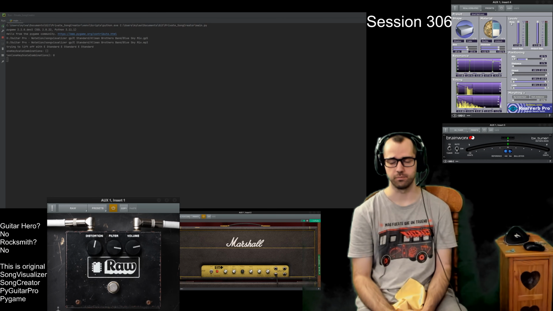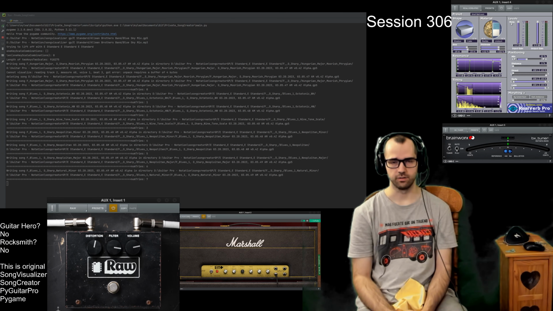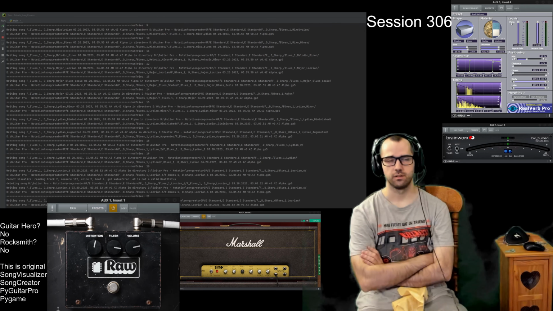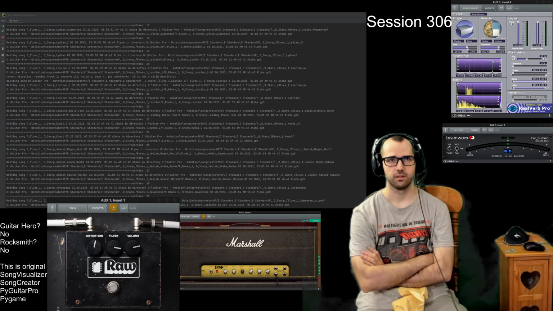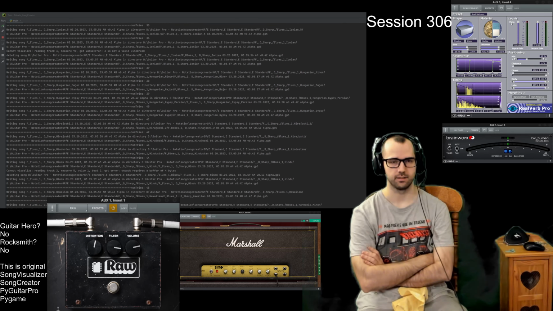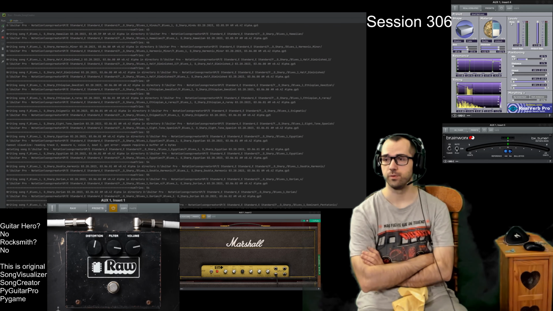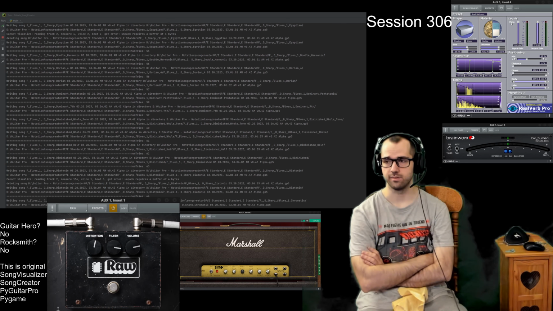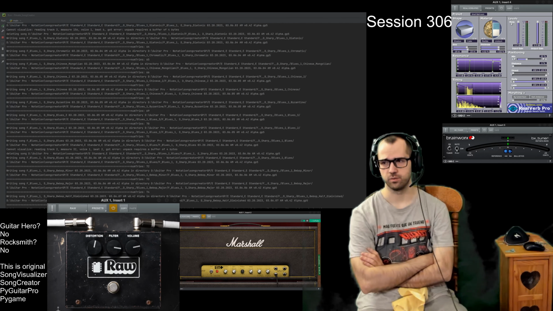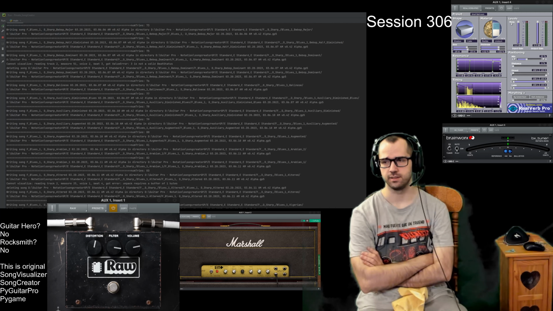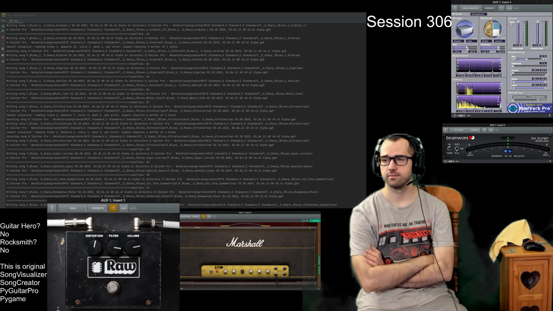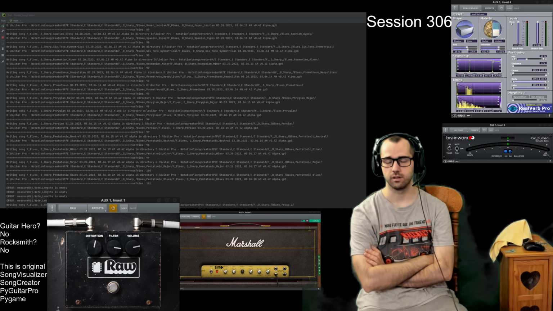Also, I'm brainstorming, there it goes, the next version of the Song Creator. But before I iterate the next version, I just want to get 1.6 million folders and guitar profiles generated for this Song Creator version 0.4Z alpha. And we'll go from there after I generate.